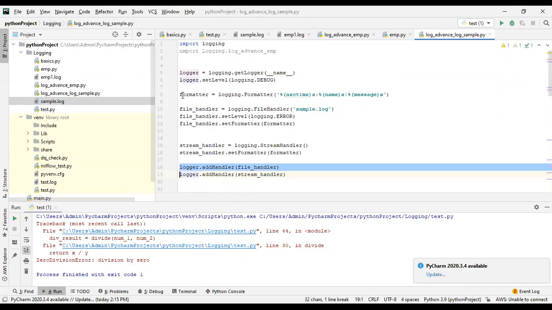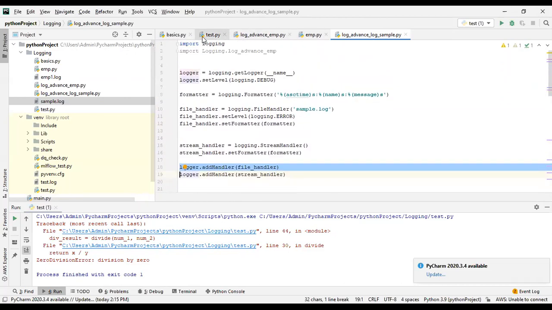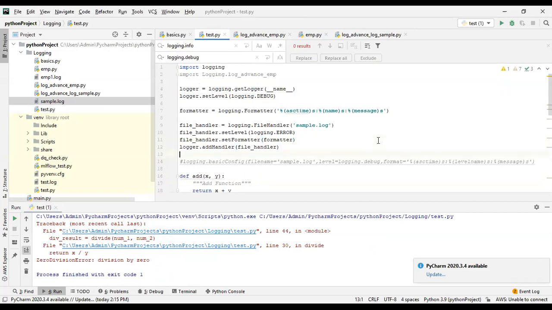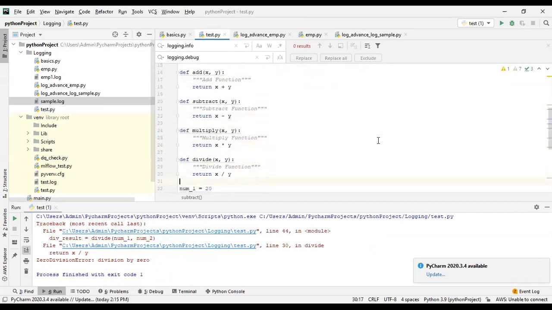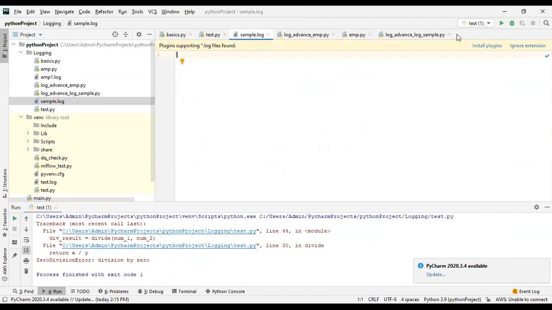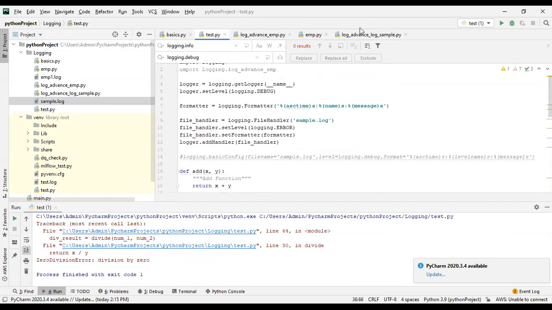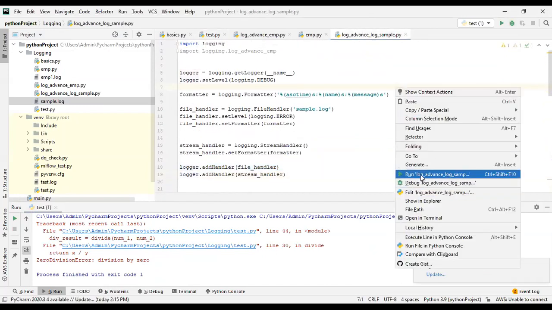File handler, sample log. Let me execute this.